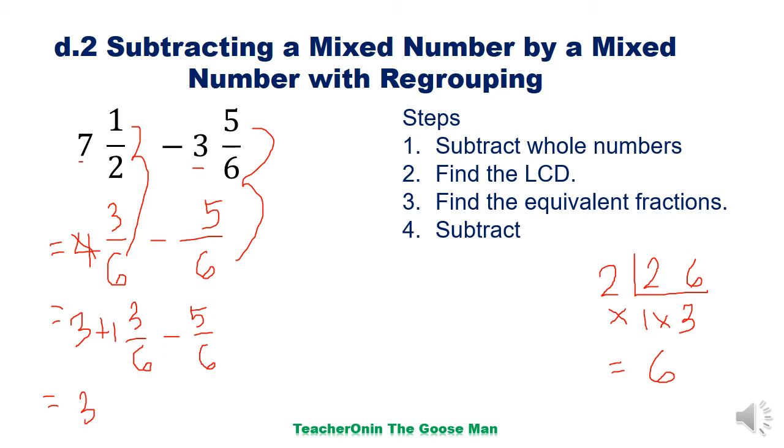Then, I will make 1 and 3/6 an improper fraction. So meaning to say, I have 1 times 6 plus 3. So I have now 9 as my numerator over 6 minus 5/6. Then, I can subtract now 3 by no whole numbers here. So I have here 3. Then, 9 minus 5 is